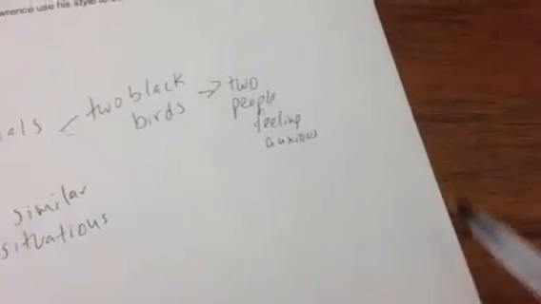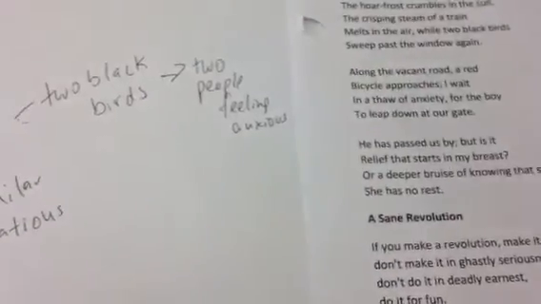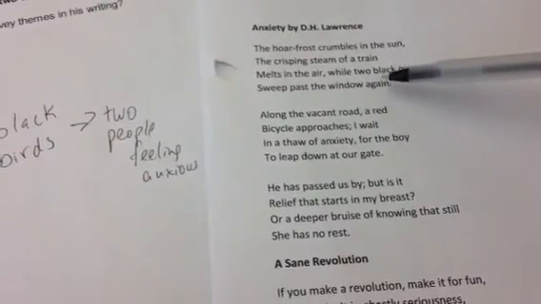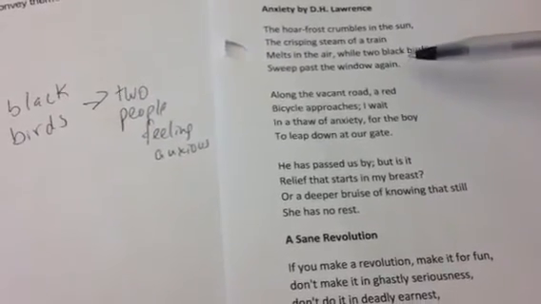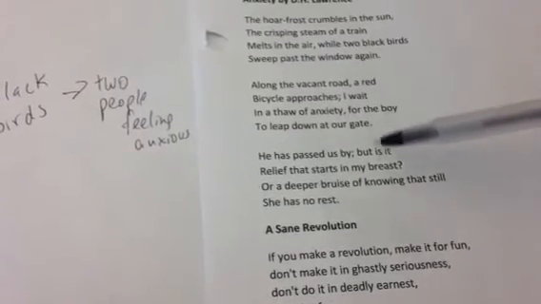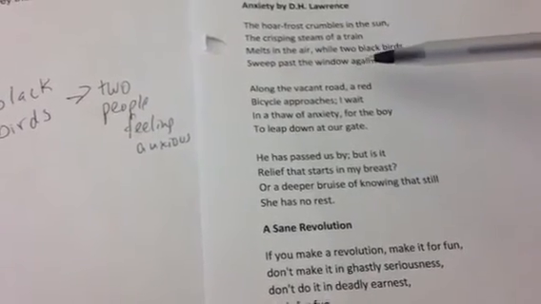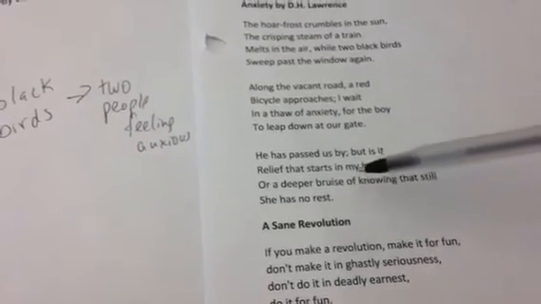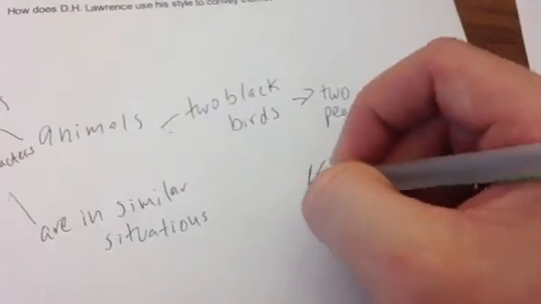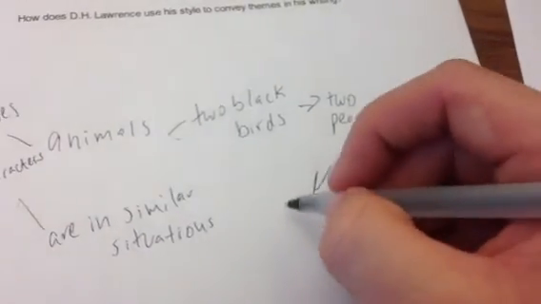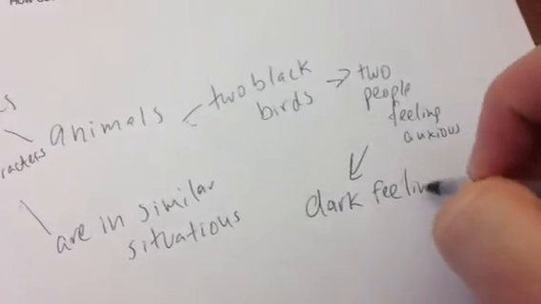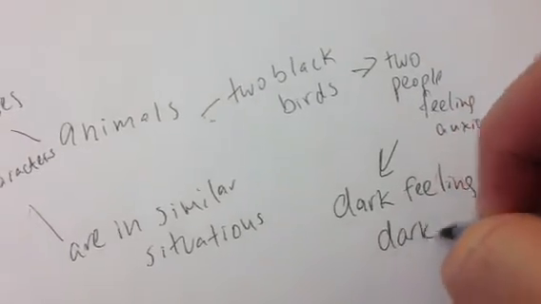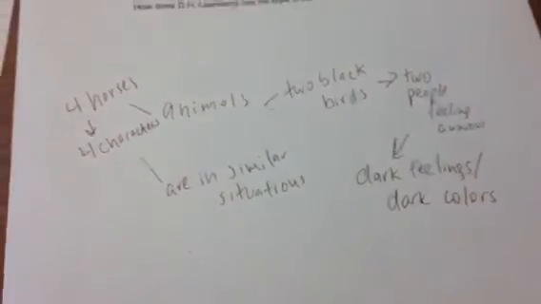And now with the two black birds in the Anxiety poem, while the two black birds are not feeling anxious, as we discussed in class, usually dark colors will represent dark feelings in literature. So it seems like the birds, being that there are two of them and that they have a dark color, maybe are supposed to relate to these dark feelings that the people are feeling. So I'm going to mention that there are dark feelings and dark colors. So there's my little web,